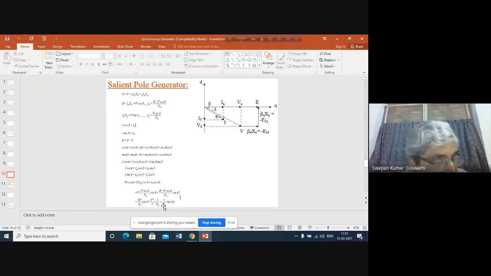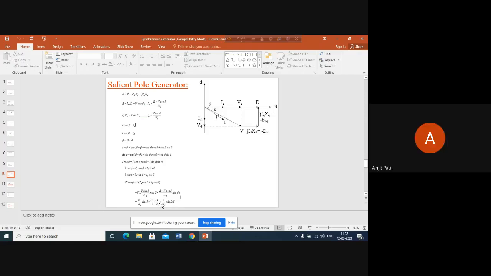That means if you draw the resultant, one curve is for sine delta, another is for sine 2 delta. The peak of the sine 2 delta curve is at most 20% of the total. It is around 80%. Say it is 15, 16 to 20% at most. So where will be the peak of the resultant curve? Sir, the resultant curve will be peaky at starting, I think.